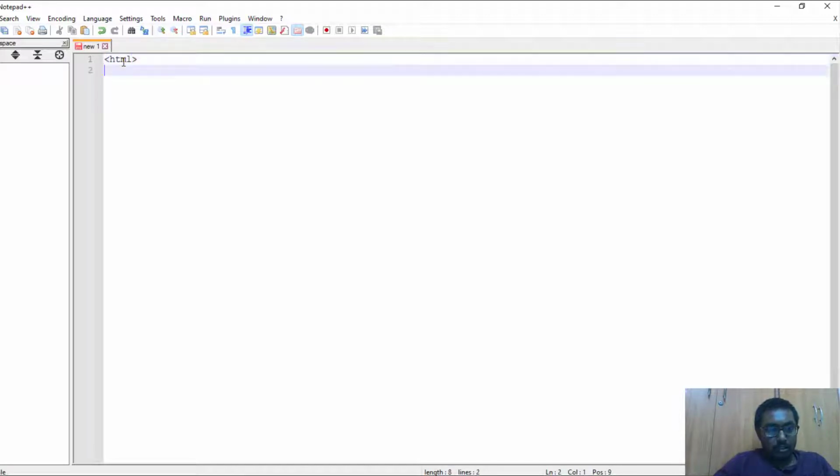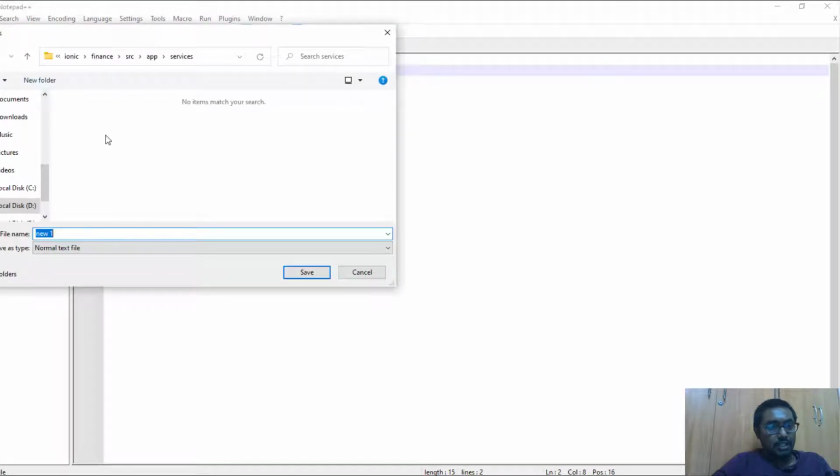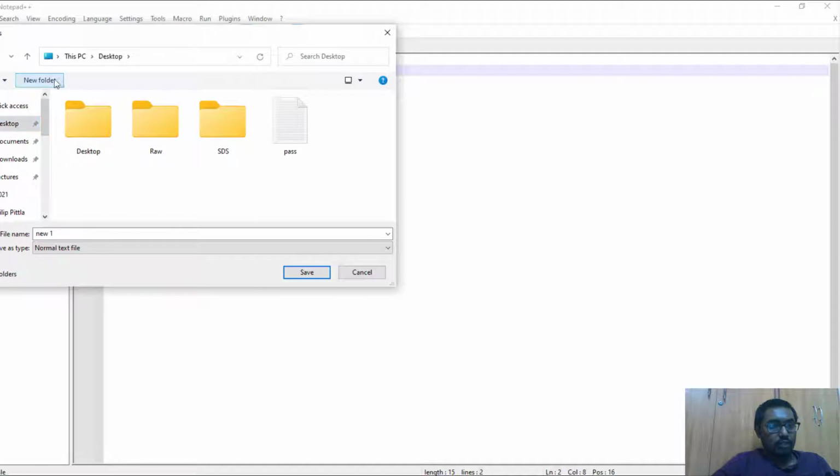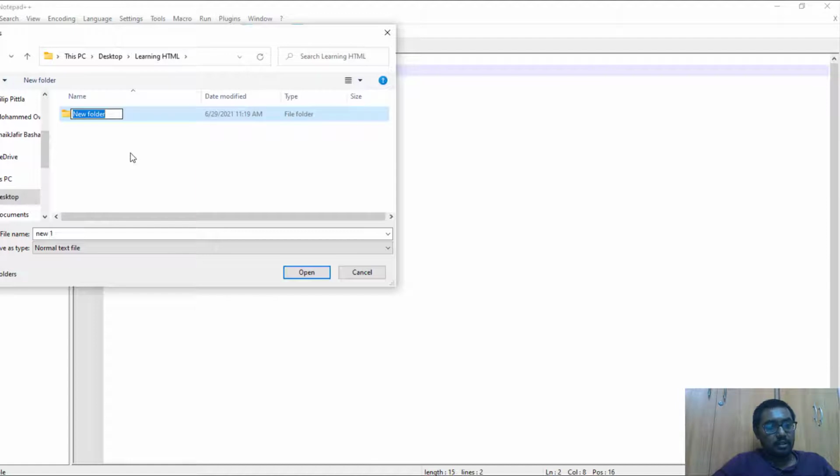Just write html and close your HTML tag. Here the benefit of Notepad++ is that it will give you some suggestions. Let me go to my desktop and create one folder for learning HTML, and this is part 1, so we will be having parts.